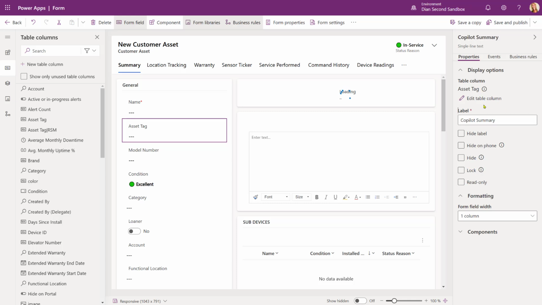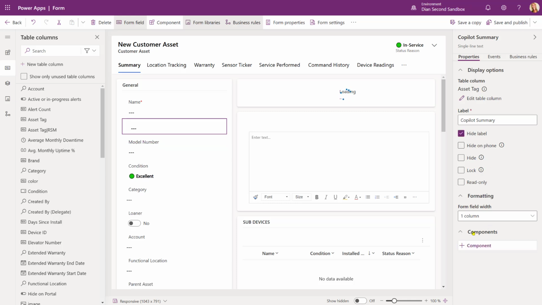And that just makes it easier to locate the column that you're using to configure that Copilot summary. And of course, later on, I'm going to hide that label as well. Then I'm going to expand this component area, and I'm going to click here on the plus component,